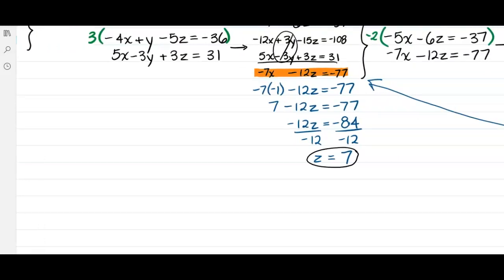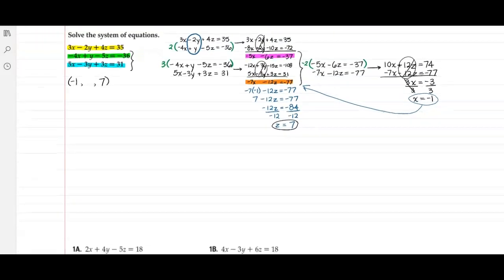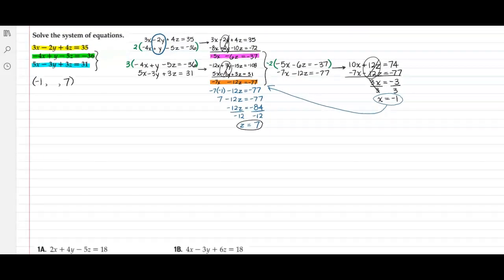I now know what z is, and I know what x is. So I'm just going to bring it back to any of my first three equations, the yellow, the green, or the blue, whichever I choose. I'm going to sub them in. In fact, I'm going to move this ordered triple because it's kind of in my way. I'm going to move it down here. Negative 1. All right. So I'm going to rewrite this 5 times negative 1 minus 3 times y plus 3 times z